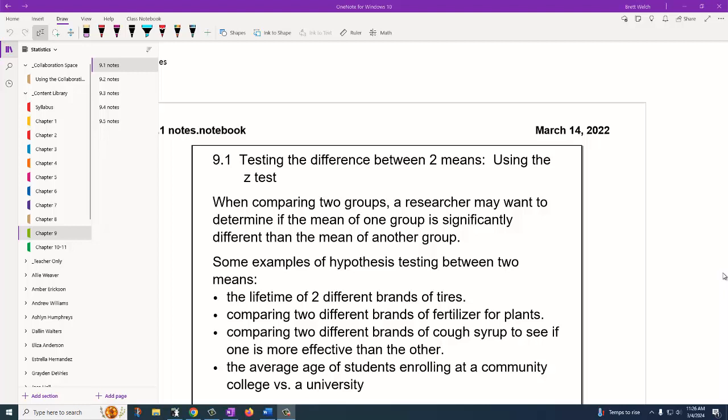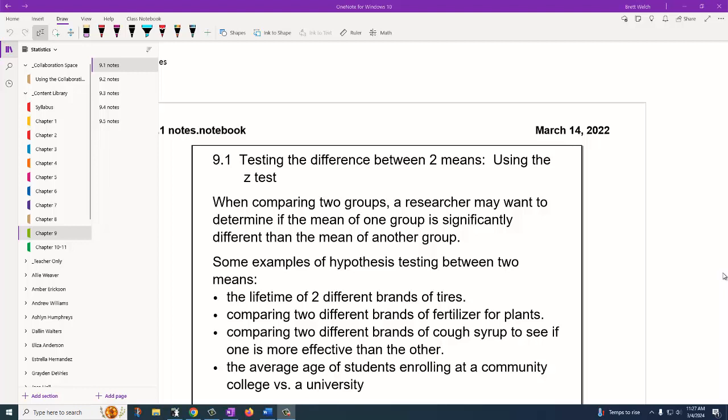Okay, so here we're still going to be doing hypothesis testing in Chapter 9, but our focus is going to be on comparing two different samples. When you have two different samples and you look at the average of each, sometimes those averages look pretty similar, or other times they look like they're not the same at all. But just because the samples produced means that are different doesn't mean that we believe the population means to be different. To really say that two samples come from populations that have different means, we need strong statistical